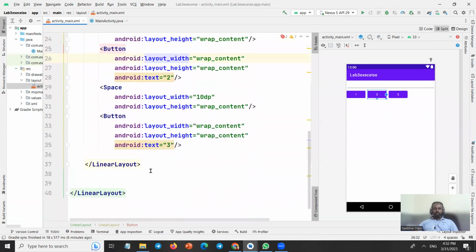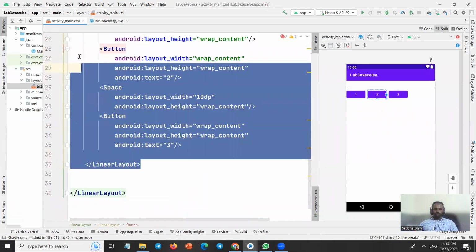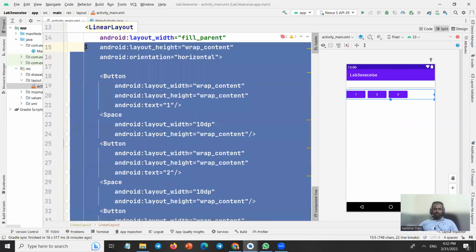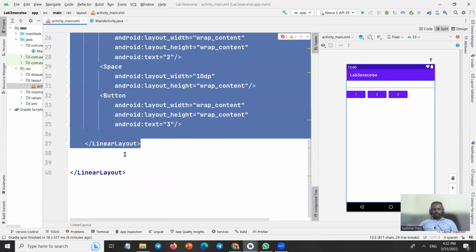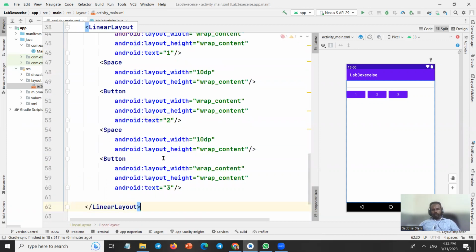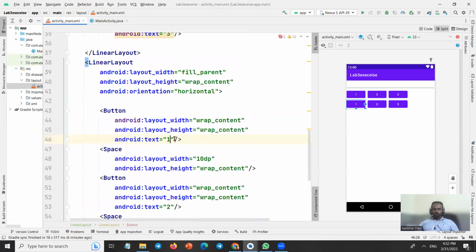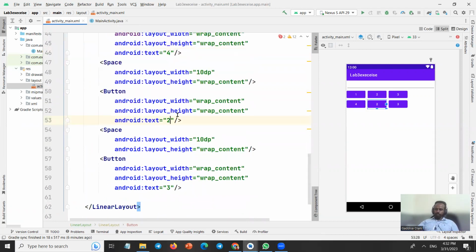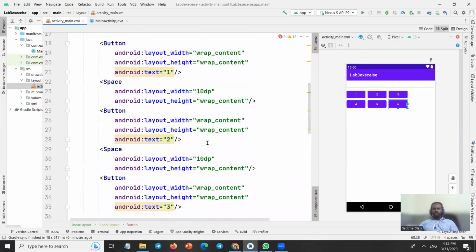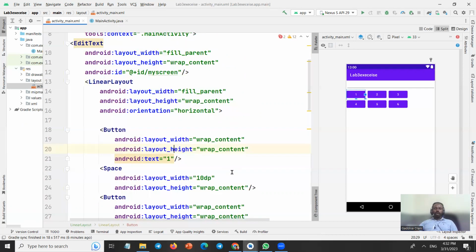Then we need to do the same thing for 4 5 6. So I'm going to copy this one as it is. Okay, so copy this one, and I want to paste it here. Then I need to change only this one, 4, 5, and this is going to be 6. This is enough. So one more thing that we need to do is add the on click